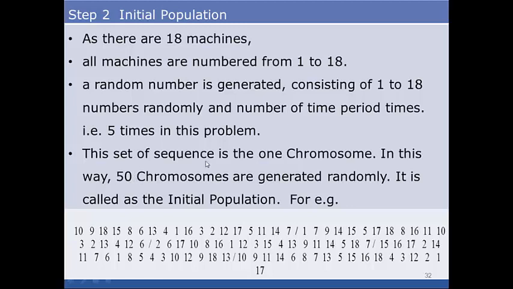Now the state of sequence of one chromosome, in this way 50 chromosomes are generated randomly. Here, randomly means we can again devise a randomness mechanism. There can be a variety of random numbers, so this can be a change in our program, meaning by what random number method we generate the random sequences of the machine. Here we can code accordingly.